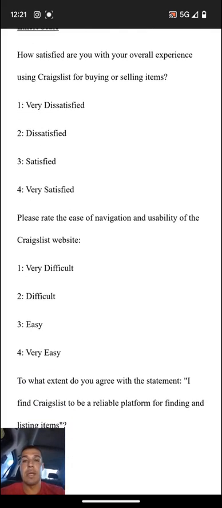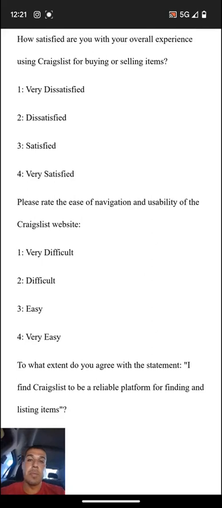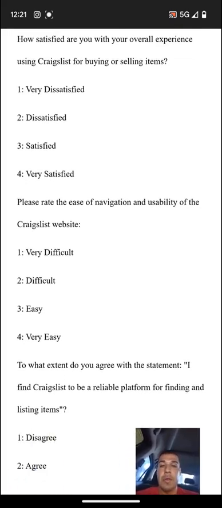And then another one would be, please rate the ease of navigation and usability of the Craigslist website. Same thing, a little different. 1 very difficult, 2 difficult, 3 easy, or 4 very easy. And then, to what extent do you agree with the statement, I find Craigslist to be a reliable platform for finding and listing items? So this one's just a simple 1, I agree, or 2, I disagree. So these are just 3 different ones that I think would